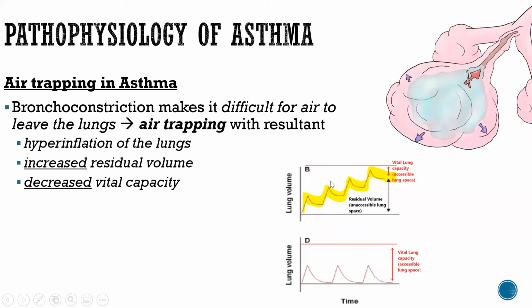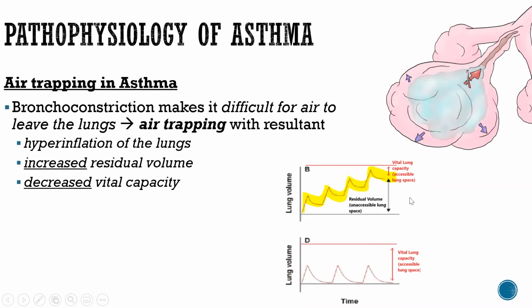But they'll continue to take in more air and more air until they run out of space to take up any more air. In other words, they have a decrease in their vital lung capacity, or the amount of air that is accessible within their lung. At the same time, we see that they have an increase in their residual volume. Residual volume is the inaccessible lung space and normally is kept to a very low amount. However, in the case of asthma and air trapping, we find that residual volume greatly increases, in turn decreasing the